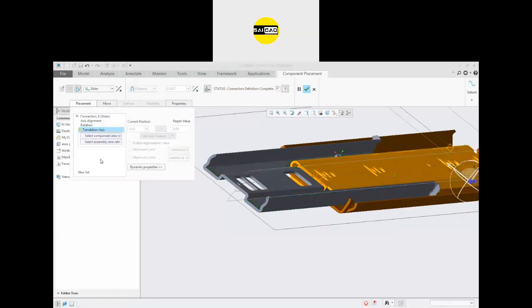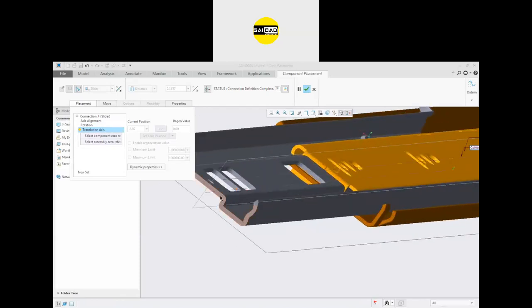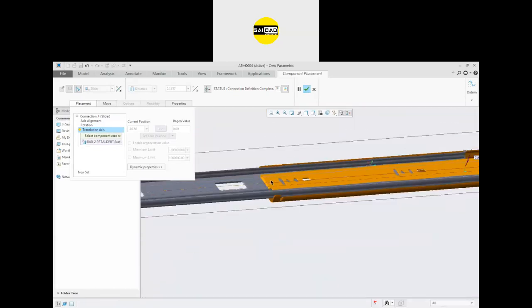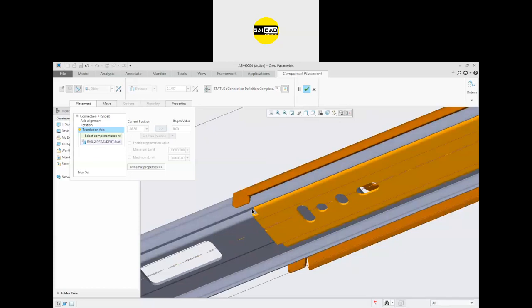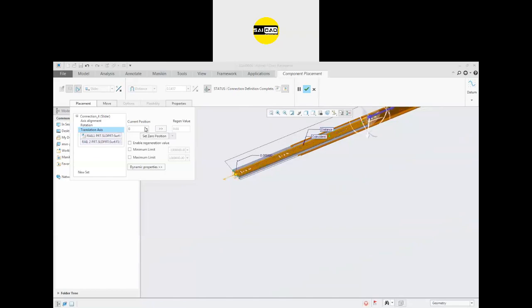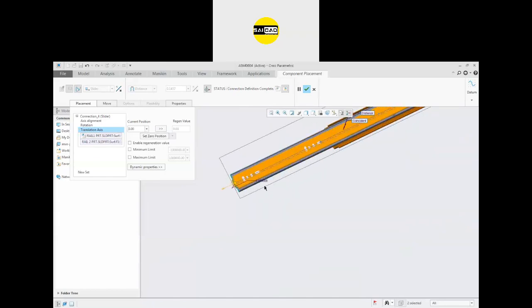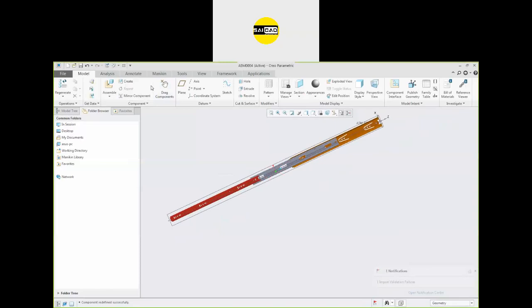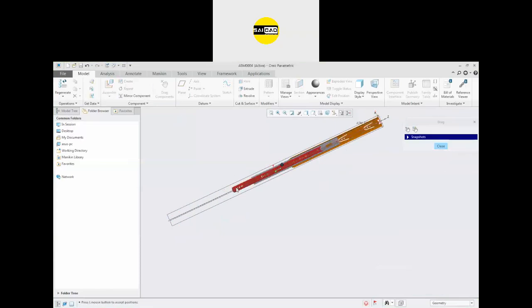After that, go to the placement, define the translation. I want to define the translation from here to inside of this face. So that should be this one. Currently the value should be 0 and it should move up to a certain point, up here. So that's 16. So define the minimum, that is 0. Define the maximum, that is 16. Click OK. Now you can just drag the component like that.